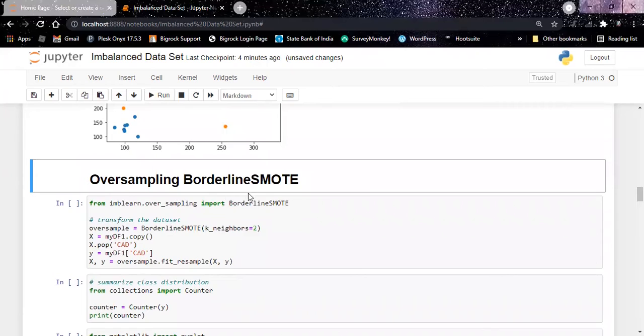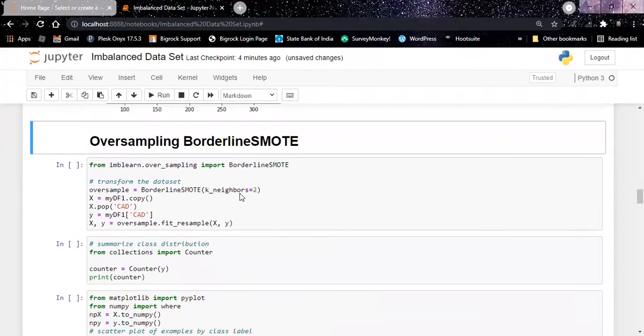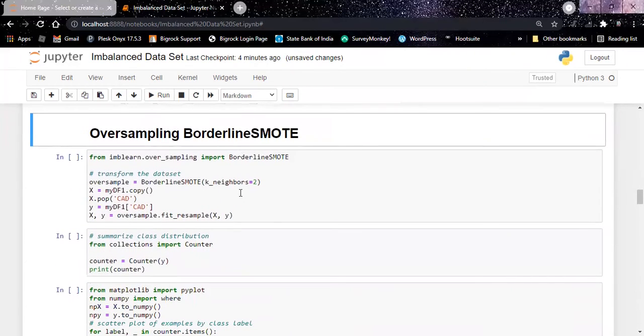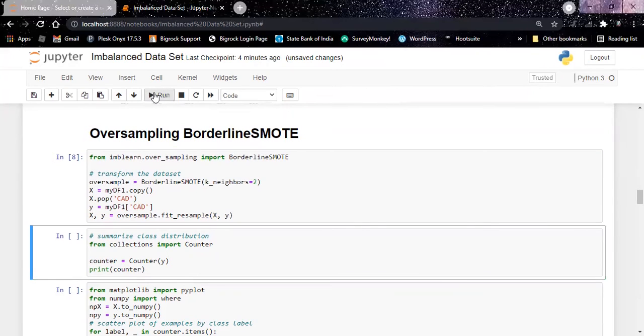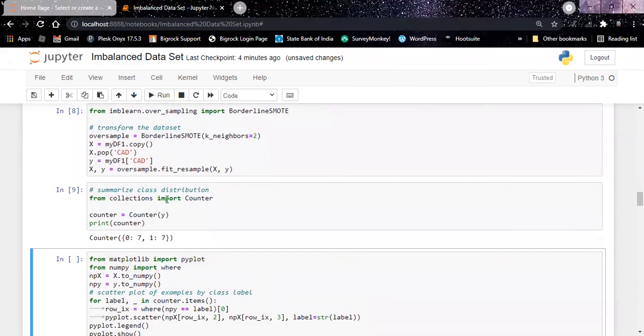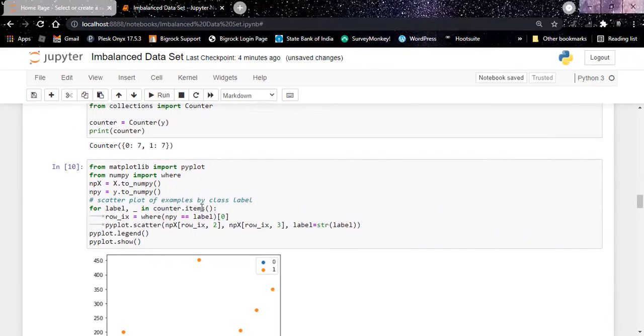Then we go to borderline SMOTE. In borderline SMOTE, the borderline cases are resampled. The package is the same, imblearn. Let us run it. We have done it. Let us check the data. It is balanced now. Let us look at the plot.